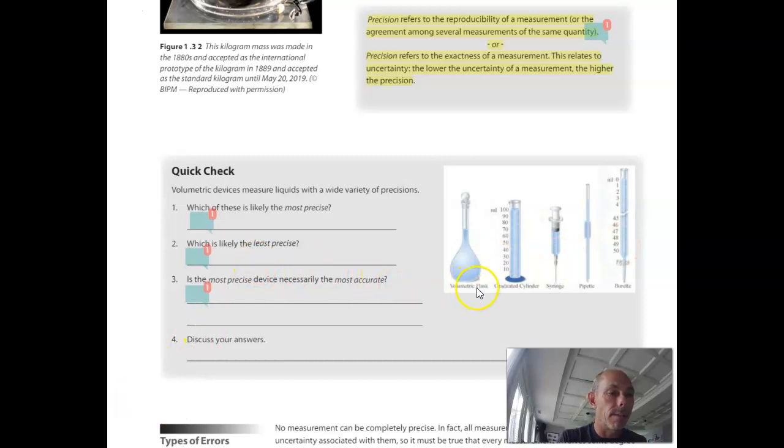The least precise device would probably be this volumetric flask, because it has only 1 increment on it. And a volumetric flask is designed to measure out a specific volume of a liquid, fairly accurately, in fact. All right, I take us now to the next page,